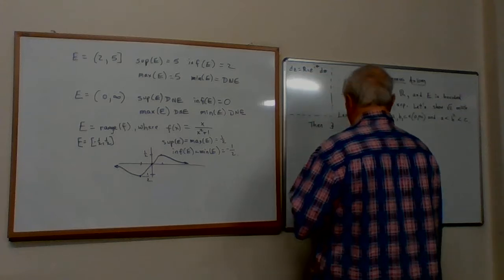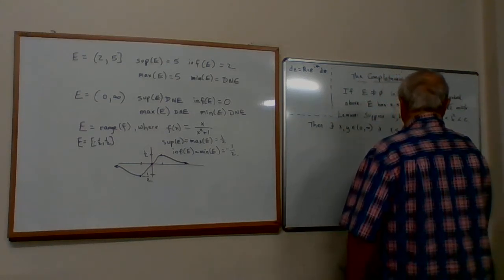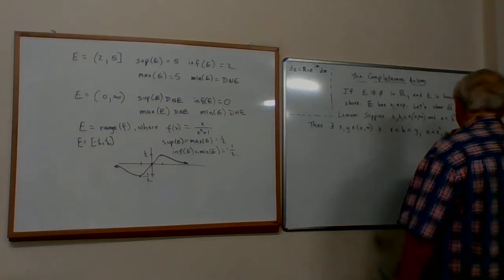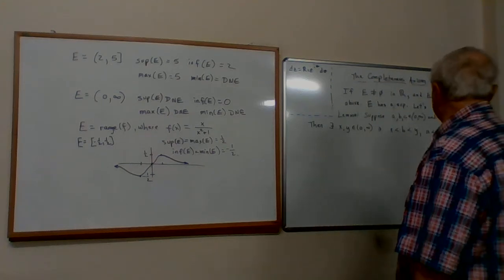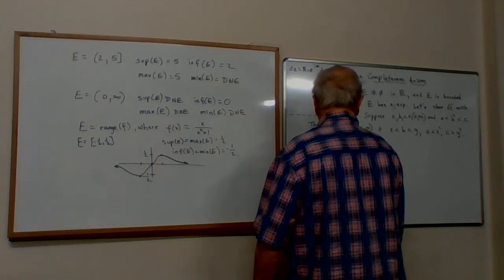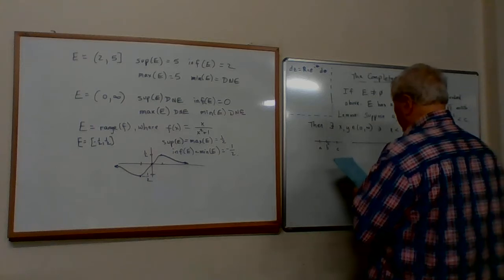Then there exist x and y in the positive real numbers such that x is less than b is less than y, and a is less than x squared, and c is greater than y squared. So what does all this stuff mean? Well, here's a, here's c, and here's b squared. And what we're saying is that I can find x and y so that